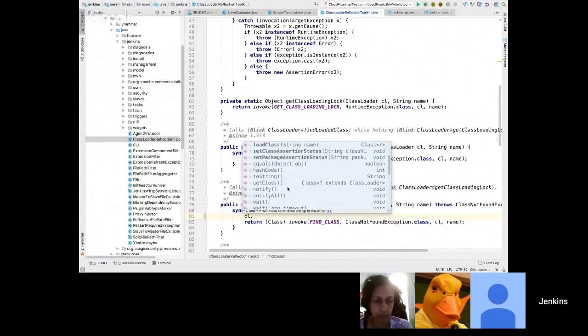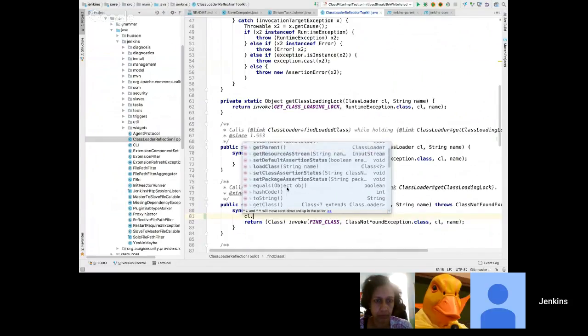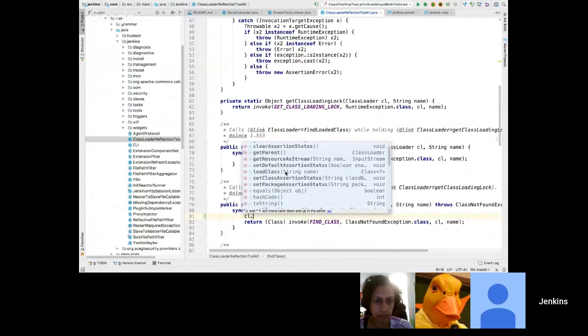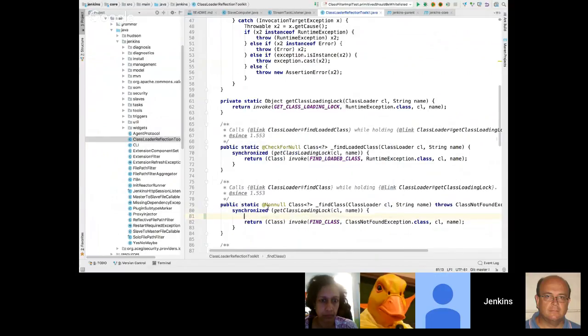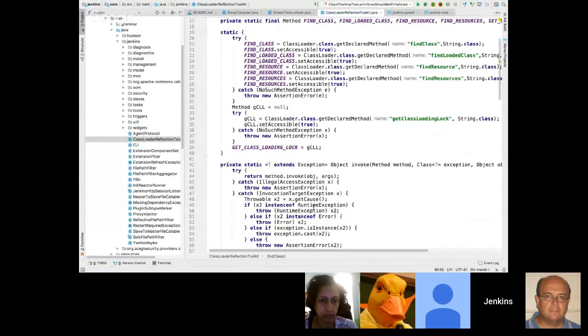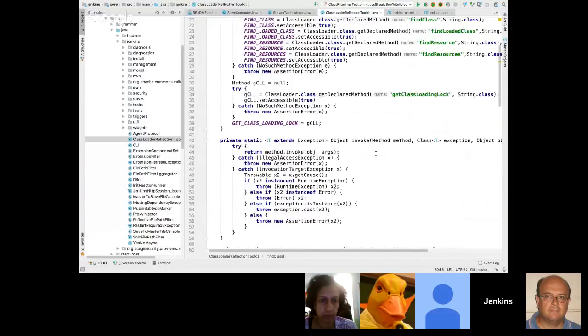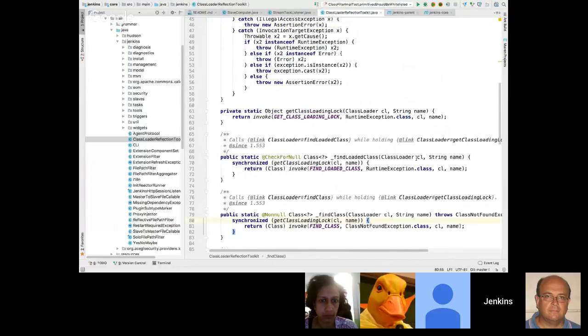And what do we have in public APIs? In public APIs, we have load class, and yeah, actually that's it. So we still do not have the find class method. We need to run this logic. So what we can do is just go to the class loader implementation.